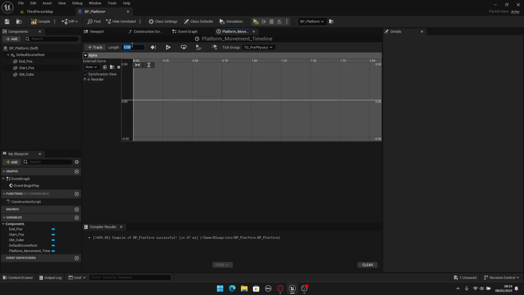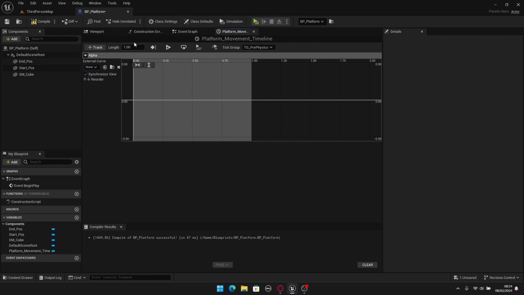Let's make the length 1 second. There we go. And now we need to add some keys here. To add a key, just hold shift and left click in the graph and you add a key. So for the first one, let's put this in the 0 time with a 0 value. Then let's add another key. So shift left click. This will be in the half here, so 0.5, with a value of 1,